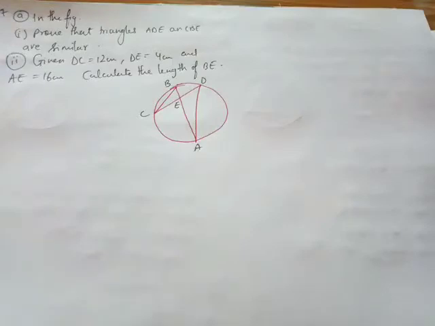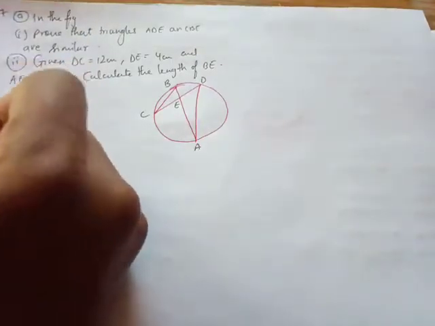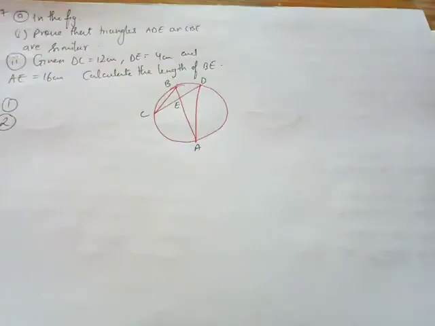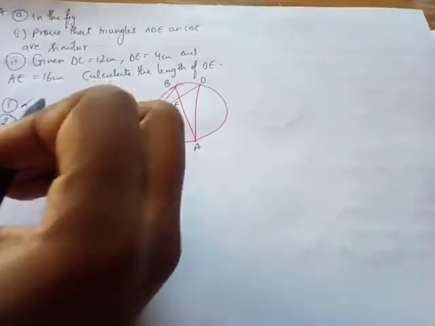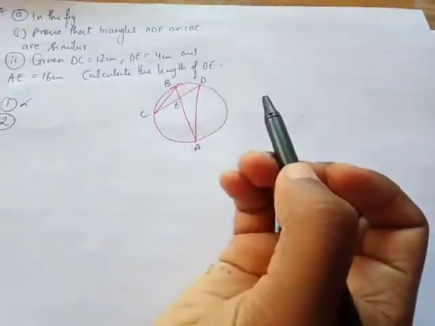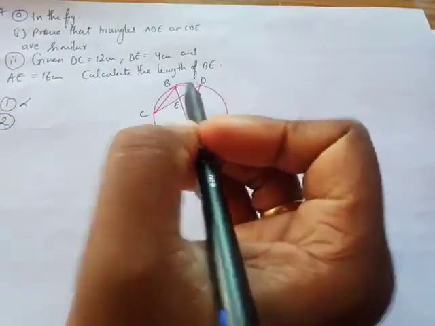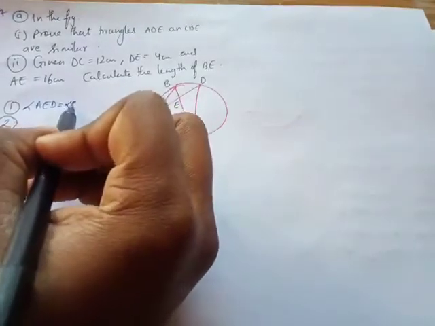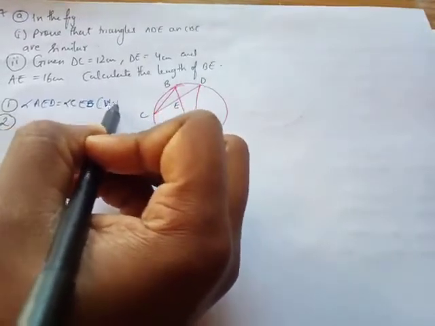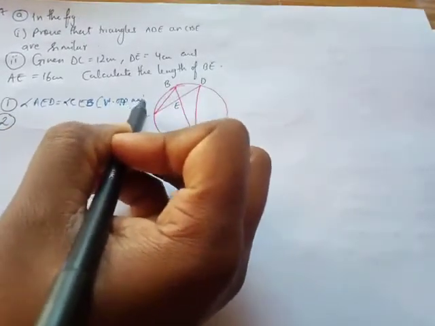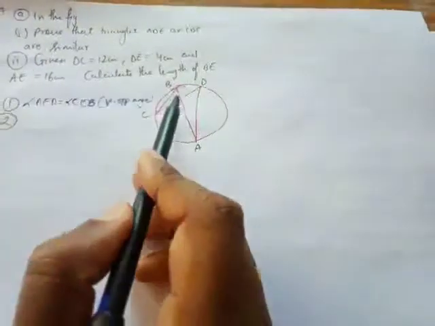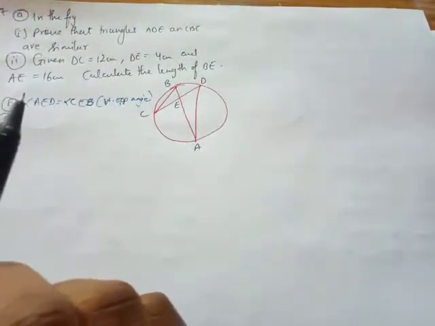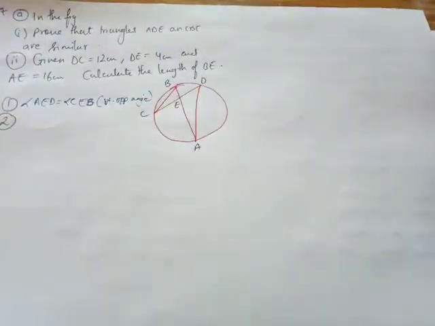Now, to prove similar, I need to have two things. You all know that. And the very first two things is, I can either prove angles. But I know one thing, that this angle is equals to this angle. This is a very basic thing. In दोनों triangle को अगर similar prove करना है, so I can say angle AED is equals to angle CEB, and the reason is vertically opposite angle. ठीक है? So this angle is equals to this vertically opposite angle. Now one more thing I have to find. Can you tell me what is the second thing?